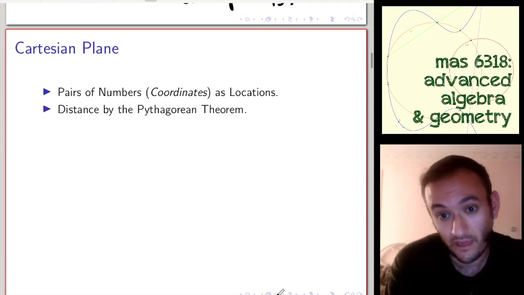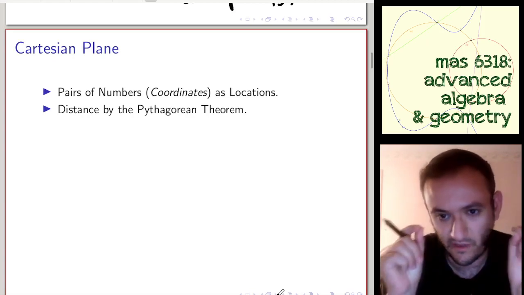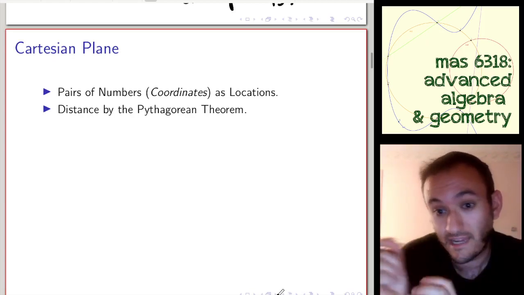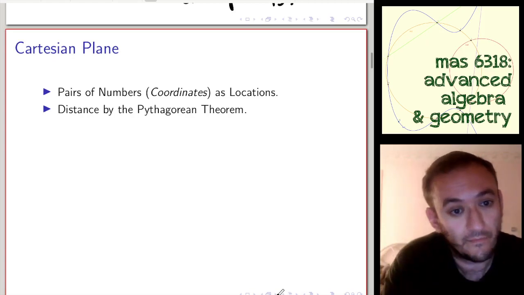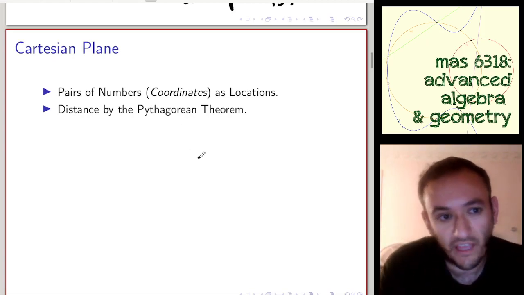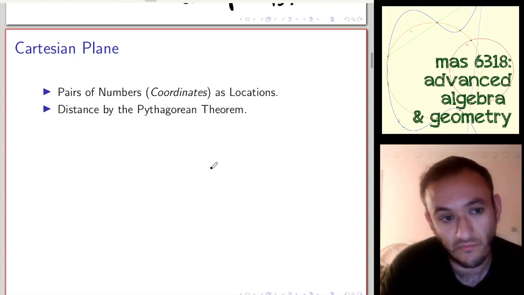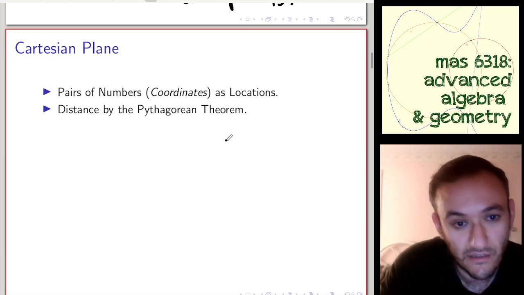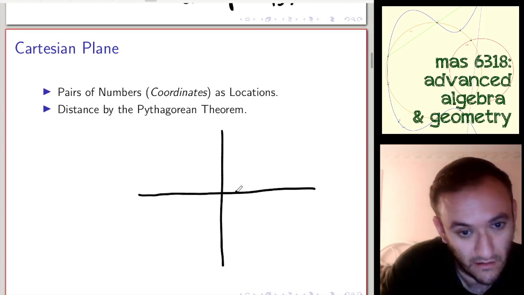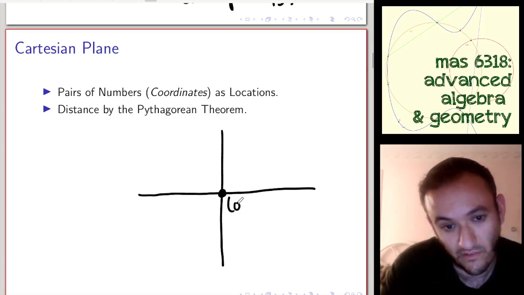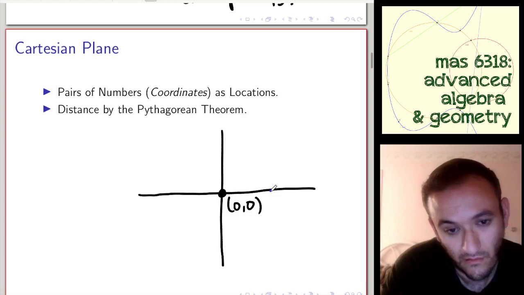Now we can move from the number line, where everything is kind of simple, where you have a specific number corresponding to each point, and then you can take distance by subtracting. Things get a little more complicated in the Cartesian plane. In the Cartesian plane, pairs of numbers or coordinates describe locations. So for instance, this is given by the coordinates 0, 0. And then we can get another point, for instance, the point 3, 4,